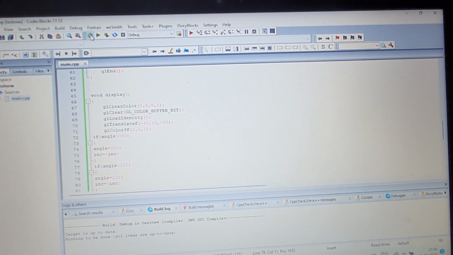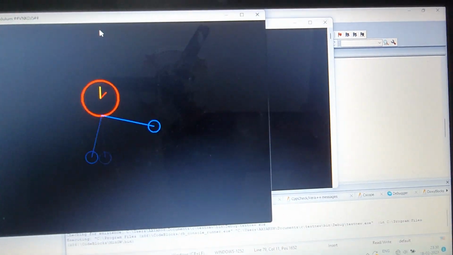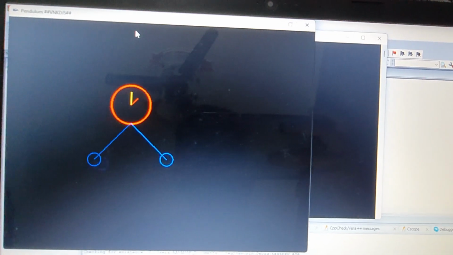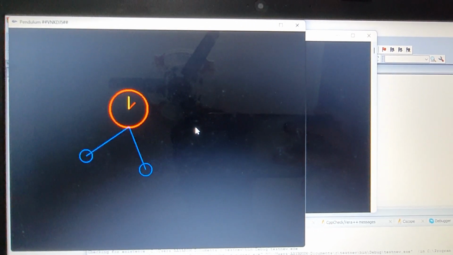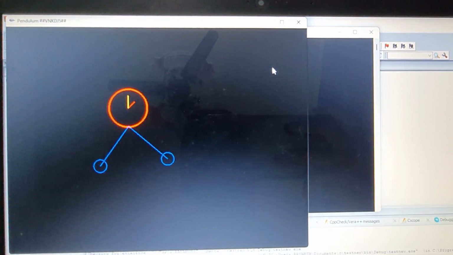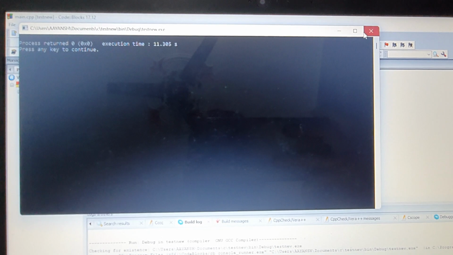Now build the program, no error, and now execute the program. So you can see it here, the pendulum is moving. You can see it's going up to here, so that with the help of our program we can make it